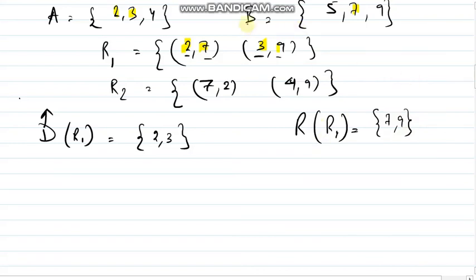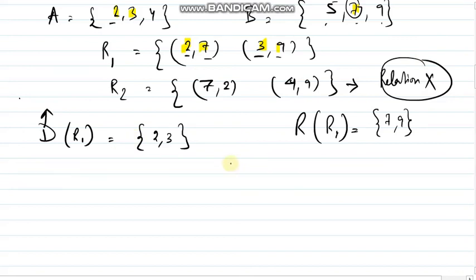Though set B contains 5, 7, 9, there is no relation given based on that. So the range of R1 will be only 7 and 9. Please be very careful. Whatever the values of A and B are, that won't be the domain. Now for R2, just check (7, 2), which doesn't come under a relation from A to B. So as it doesn't contain any valid relation, domain and range will not exist for that relation. Is it fine? Please be very careful about it.